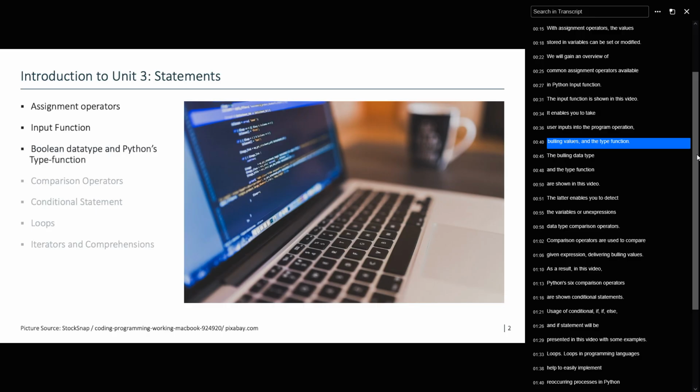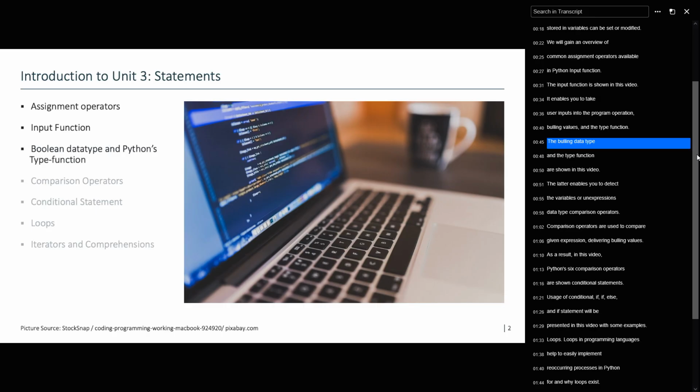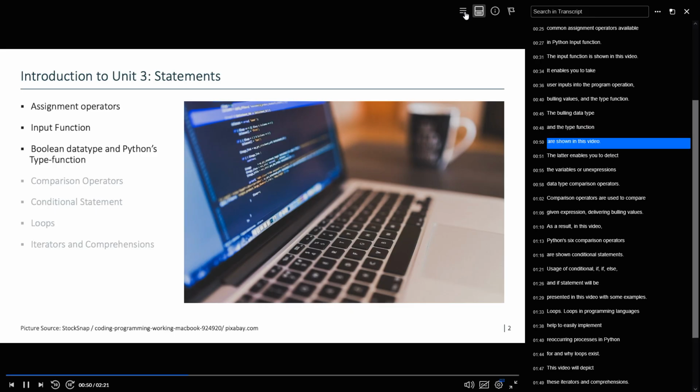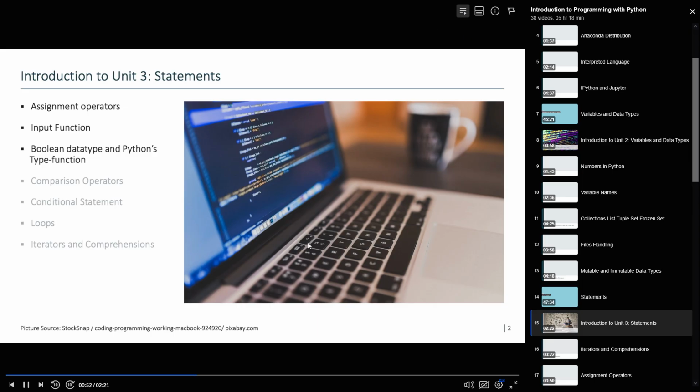Boolean values and the type function. The Boolean data type and the type function are shown in this video. The latter enables you